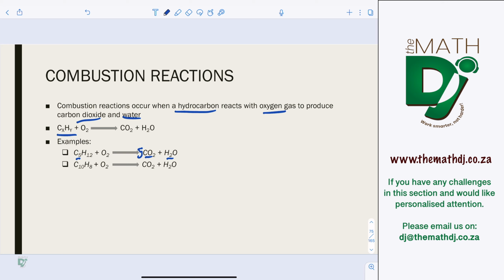This side, they've got 2. So if you put 6 here, 6 times 2, it becomes 12. So the oxygens, it's 6 plus 10, 16. So here you put 8. So a balanced one will be C5